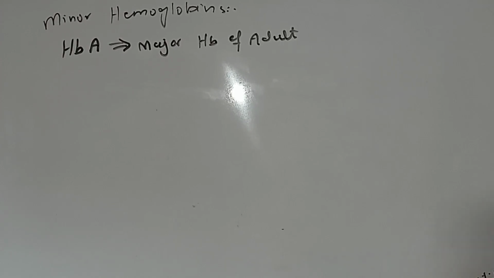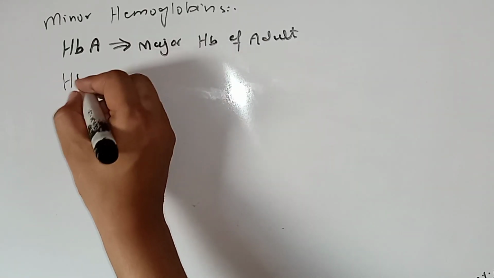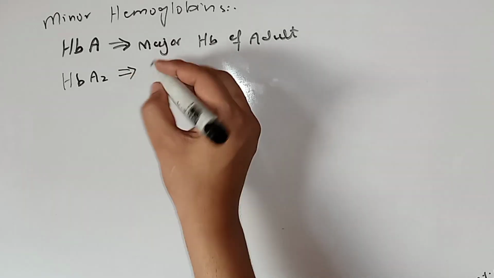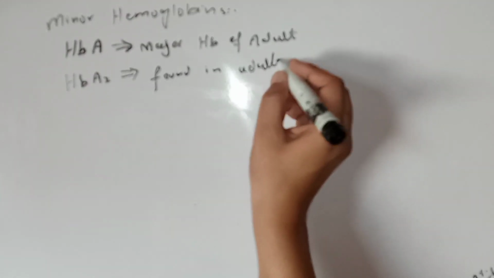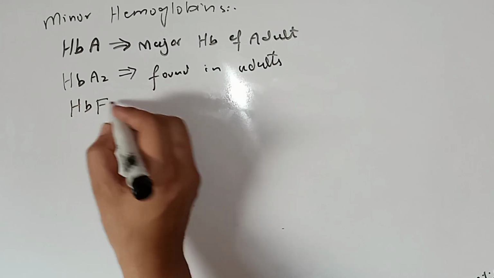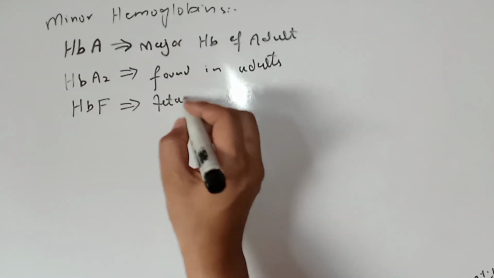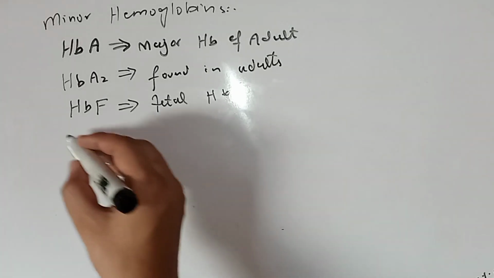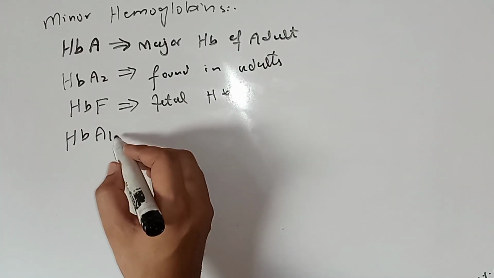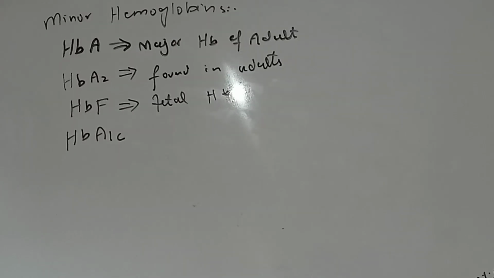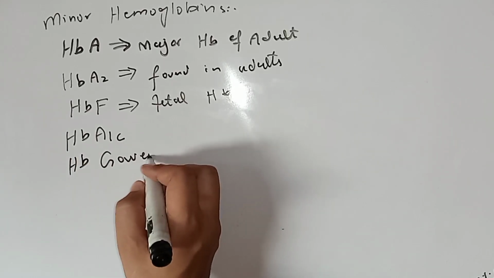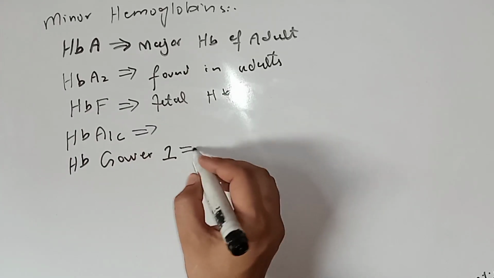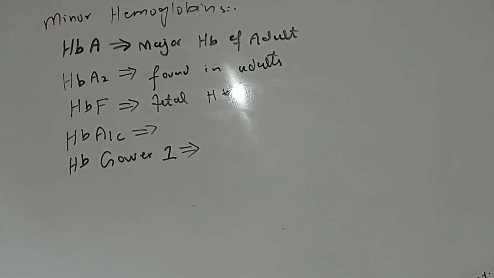The other variants of hemoglobin include HbA2, which is also found in adults, and then there is HbF, which is fetal hemoglobin, and there is a variant HbA1c, and there is also a hemoglobin termed as HbGover 1. So these are the different types of hemoglobin, and let's discuss their